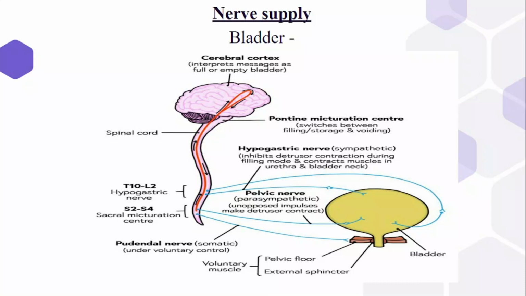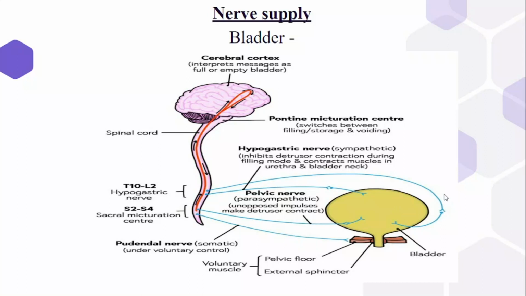For better understanding, I can share the image of the urinary bladder nerve supply. This is the structure of our brain, meaning the cerebral cortex, then the spinal cord. The hypogastric nerve is the sympathetic nerve. This is the urinary bladder, and T10 to T11 vertebra. This is the hypogastric nerve